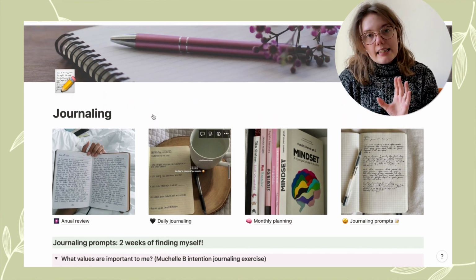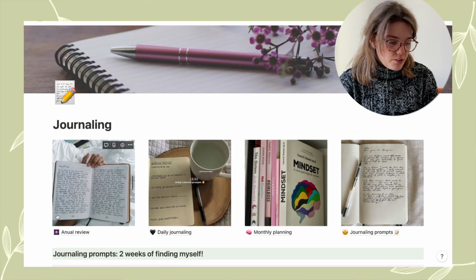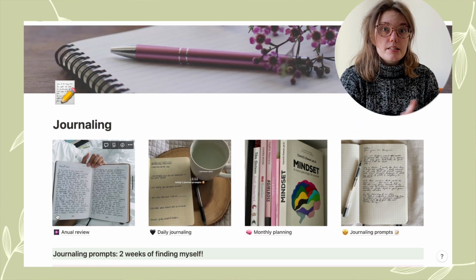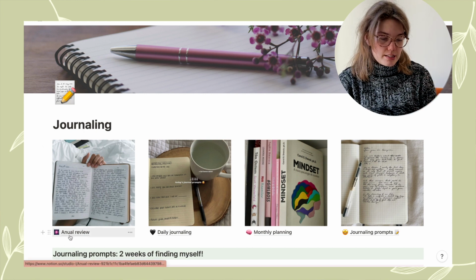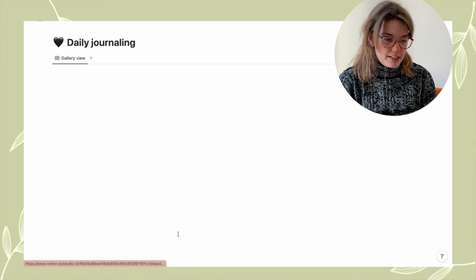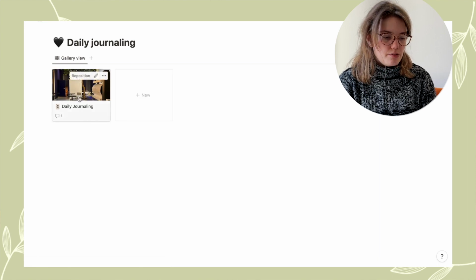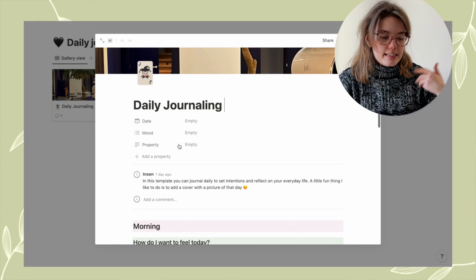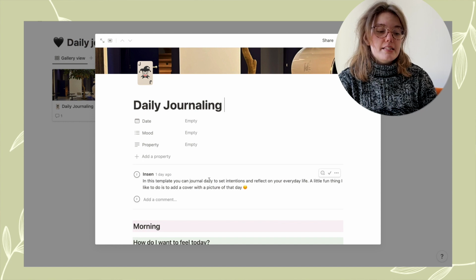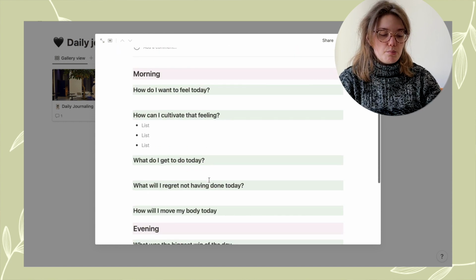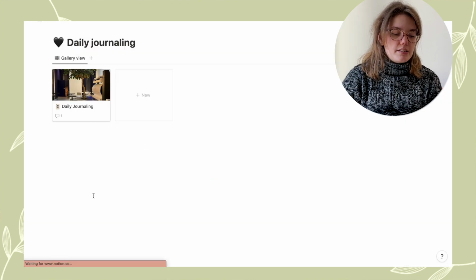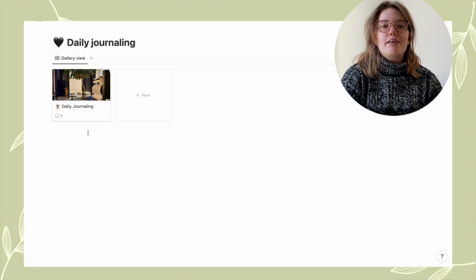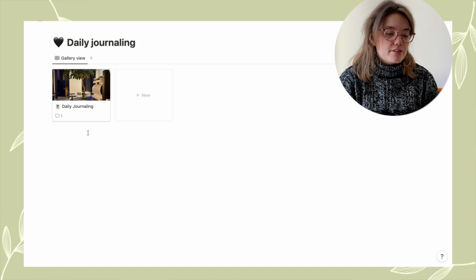It's not completely finished yet, I still need to make some adaptations before I put it online, but you have the annual review as well. You have a daily journaling tab where you can add a daily, I put a little explanation, but basically it's a daily overview that you do in the morning and in the evening, and then you can add a little picture of the day, and by the end of the year you will have an overview of what you did every single day.